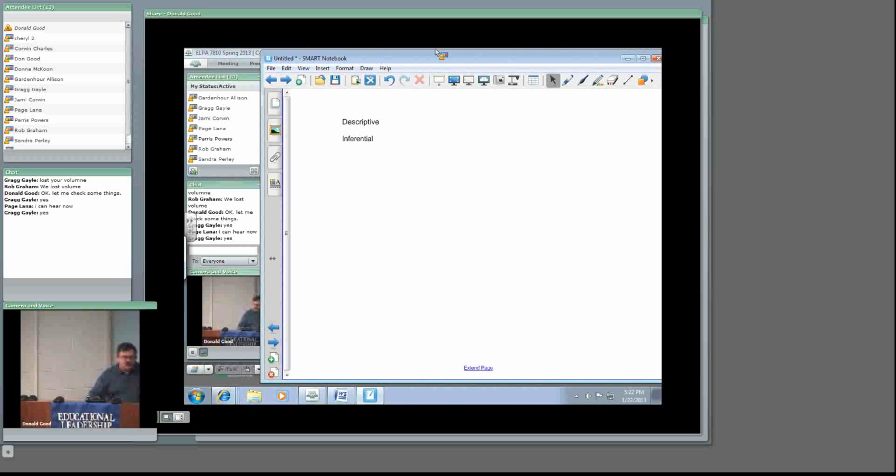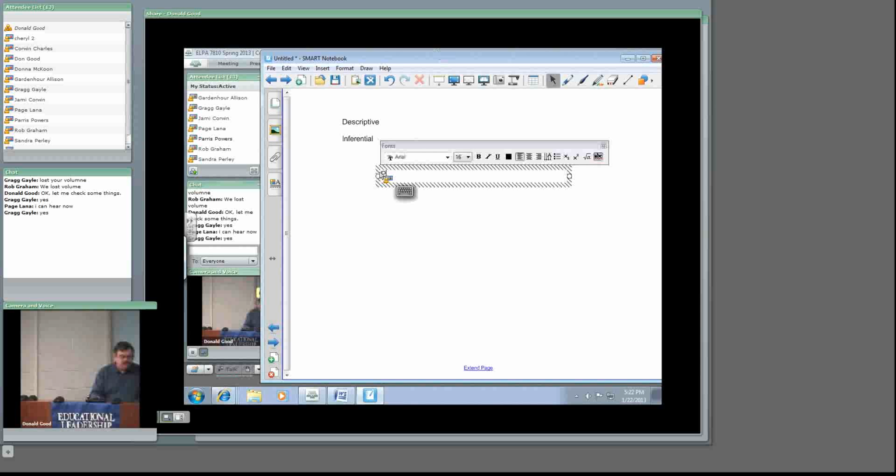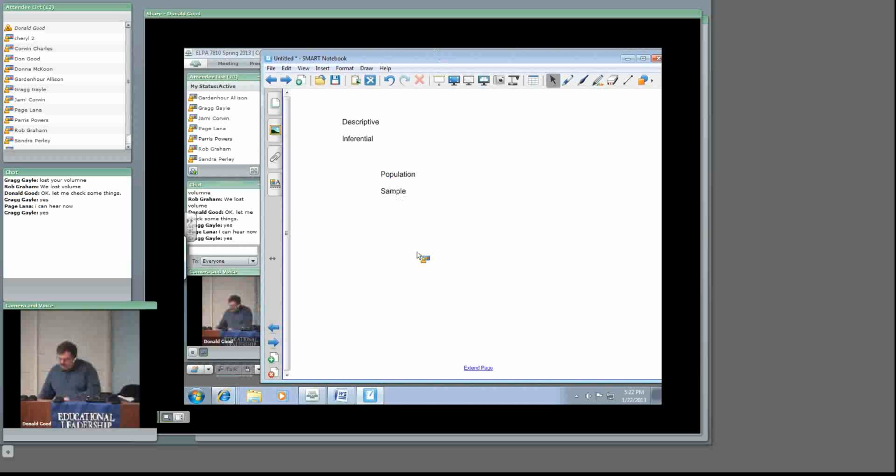I mentioned your sources of data a second ago. So let me expose you to a couple of other terms. We'll have these random vocabulary lessons because we're going to use these terms later, and it'd be nice if you knew what they meant. We talk about population and samples. Population is all the people you want to talk about. I'll give you an example in a minute. And sample consists of the people from whom you're collecting data.